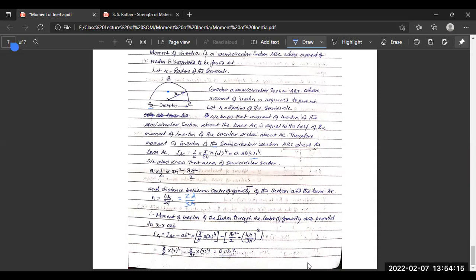So for a semicircular plane, the moment of inertia of the whole area about one of its diameters, that is AC, is given as 0.393 r to the power 4, and the moment of inertia of the same section about CG, which is away by 2 d by 3 pi from the line AC, will be given as